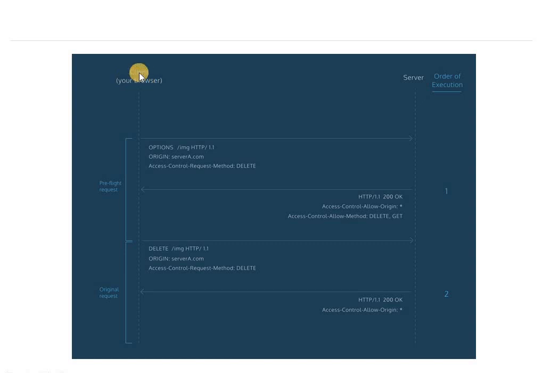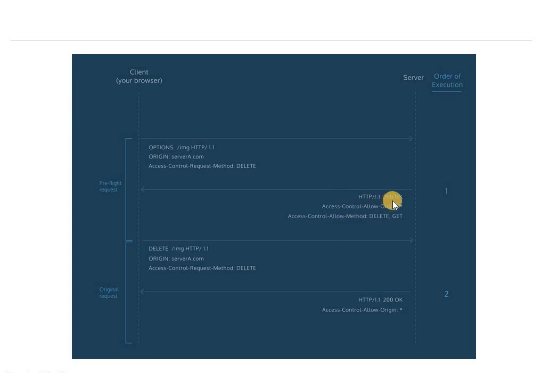Just look at this. Over here it is the client side part, and over here it is the server side part. The font size is small, but I hope you can read it. See this one. This first block is the preflight request. That means it is not the original one. It is for trial basis, to check whether this server allows me access or not. So I am sending this preflight request, and the server